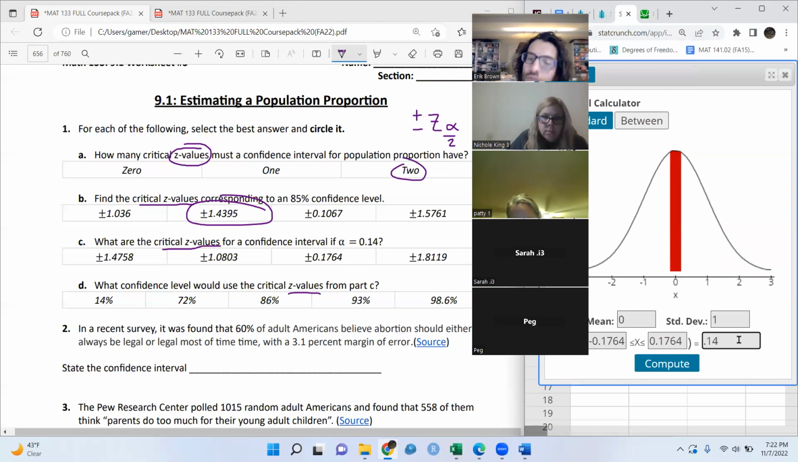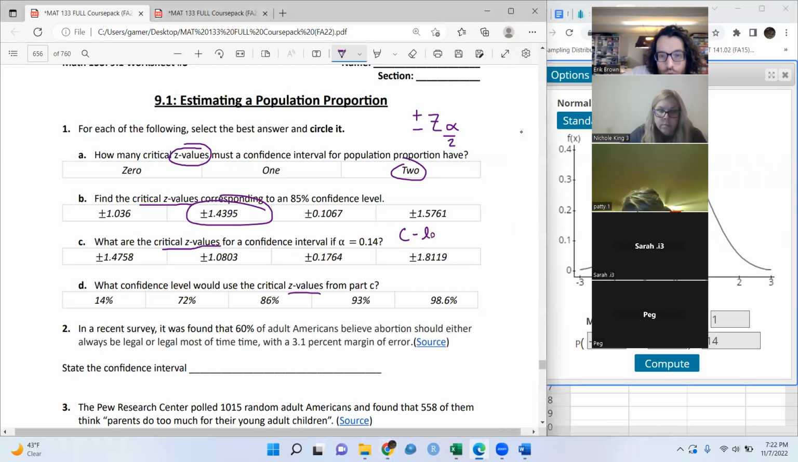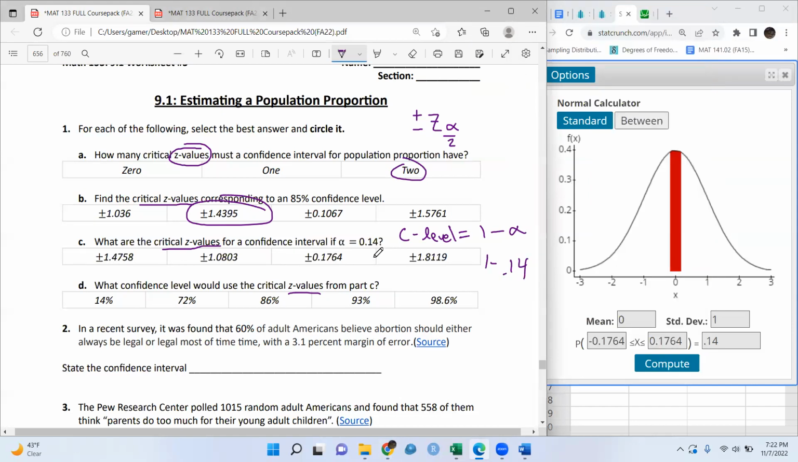Do we use alpha or the C level? C level. So, I didn't give you all this. This was unfair of me. I didn't remind you of it. The C level is equal to 1 minus alpha. So what we really need to use is 1 minus 0.14. Because if you think about what we would be saying if we put 0.14 in here, we are comfortable